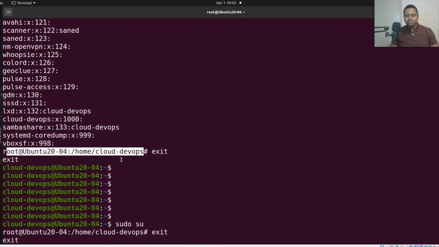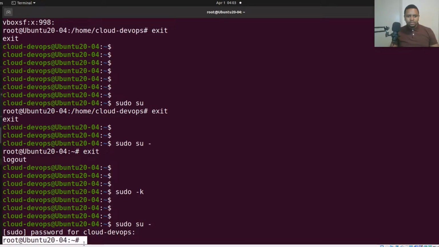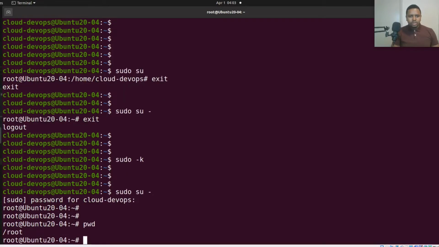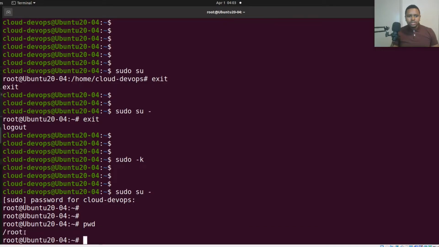Sudo space su. But the second way, which is sudo space su space minus, when you enter the root privilege level, you see, this is different, but it's still the root user. But the only difference here is that in this instance, the second way, we are literally logged in as a root user, as if we started a totally different shell for just root. Okay, as for instance, pwd, if you check that, you can see that we are logged in as a root user